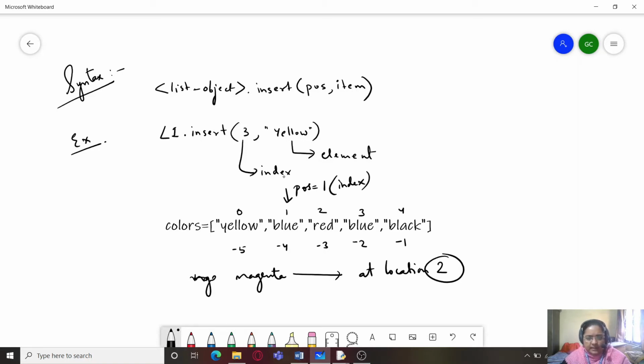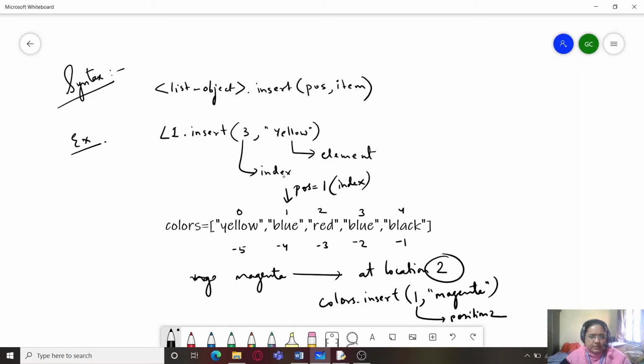So we will be writing here colors dot insert. We will first write the index of the element, and that will be 1 comma magenta. So 1 refers to position 2.